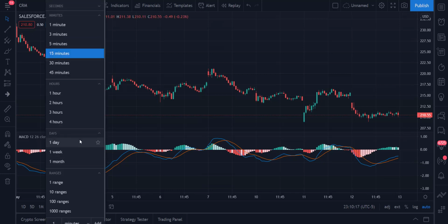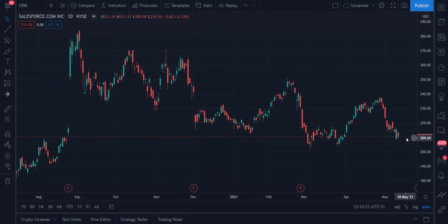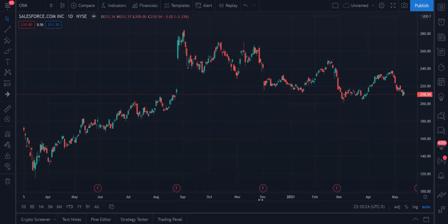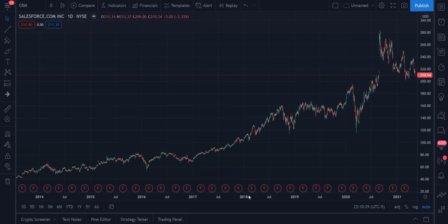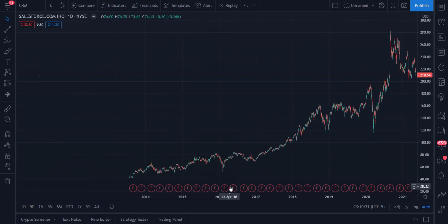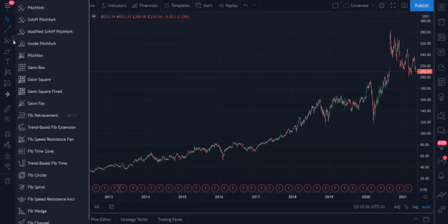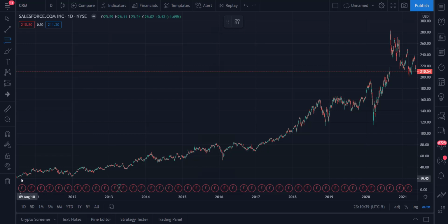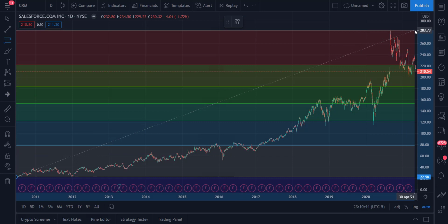So the last thing I really want to take a look at with this is I want to get a sense of where we are relative to where we've been. And for that, I'm going to do a big old Fibonacci retracement. We can go all the way back, because this will let you know where we are in the grand scheme of things. So that is bottom to top of the last 10 years. And if you were to just stop it with that 10 years, we are clearly,